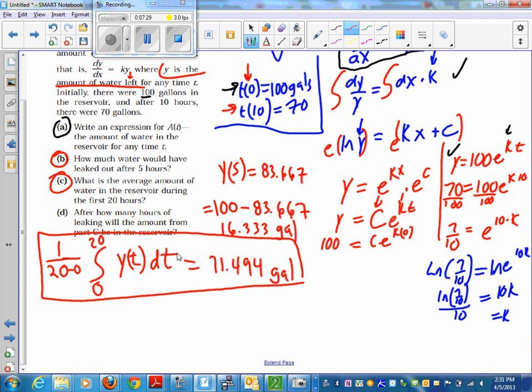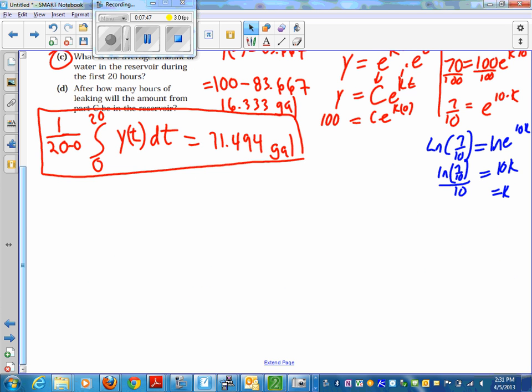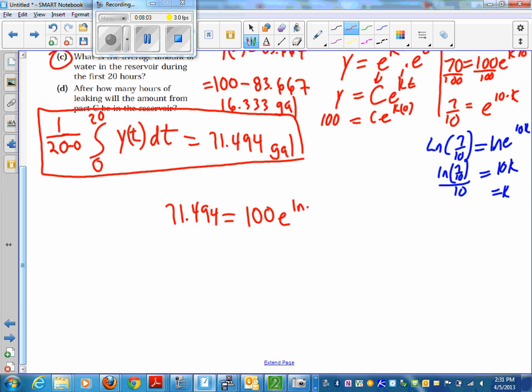All right, let's see. Part D says, after how many hours of leaking will the amount from part C be in the reservoir? So when is this equation going to equal 71.494? Let's see if we can get a little more paper here. So let's write down our equation. 71.494 is equal to 100 e to the kt, so k is natural log of 0.7 divided by 10,